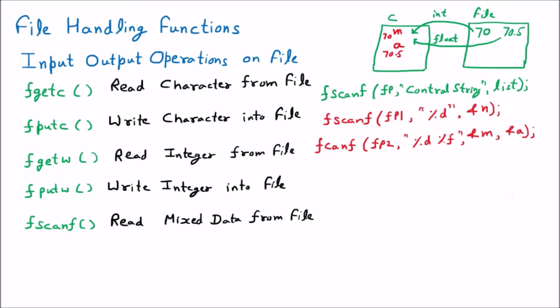So by using the second line we can take out the two inputs. So I have given you both the methods. If you want to take the single input integer, use the first line. If you want two inputs together, use the second line. So this is the way the fscanf function is going to work.